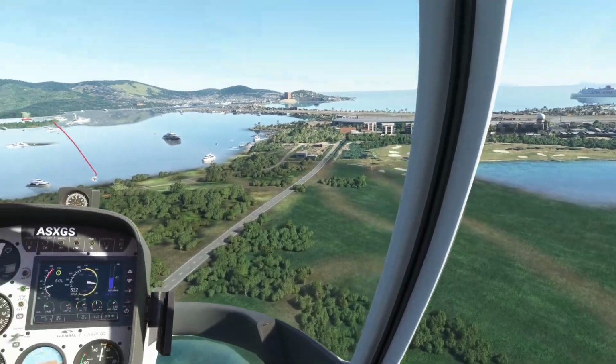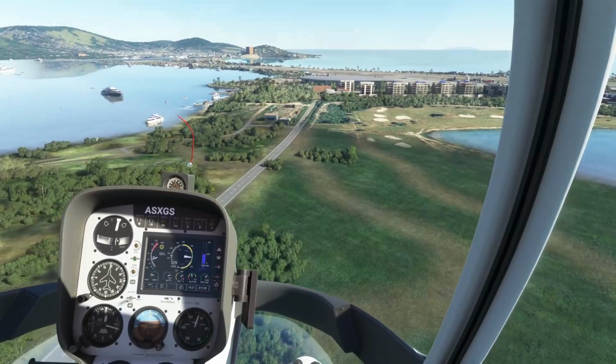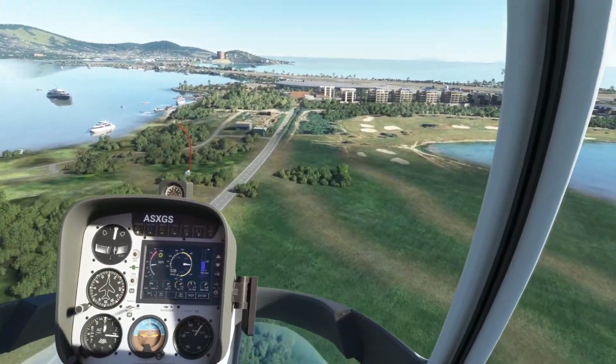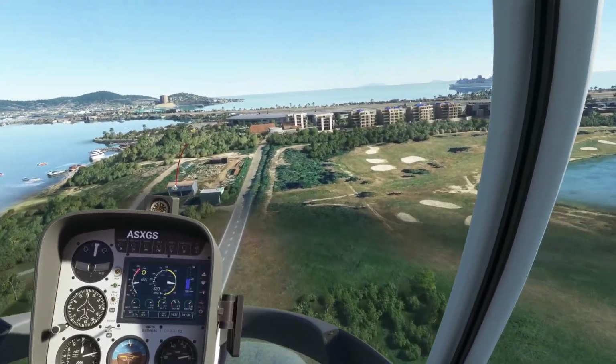I will say, if you are new to helicopter flight and you're interested in helicopter flight, this is definitely a good aircraft for you. This will be a fantastic aircraft. It'll definitely get you into the game. I don't know if the